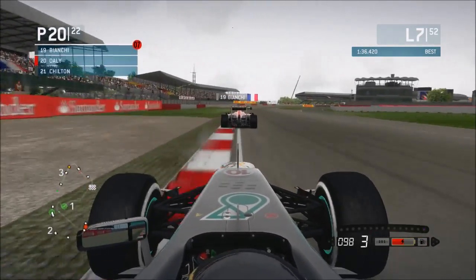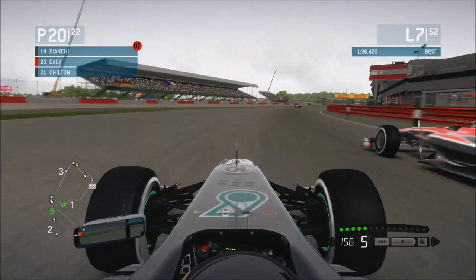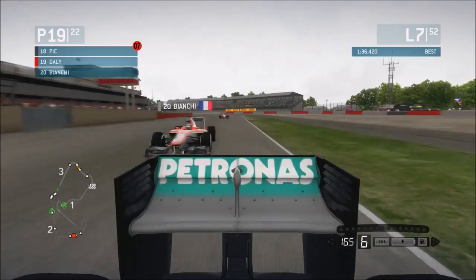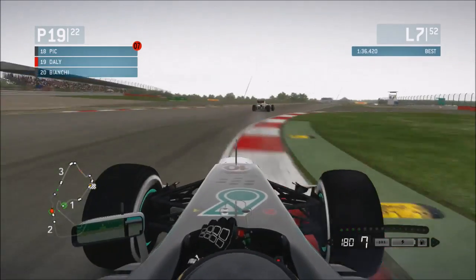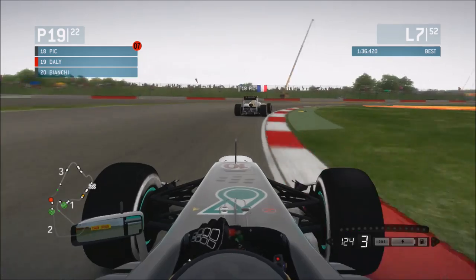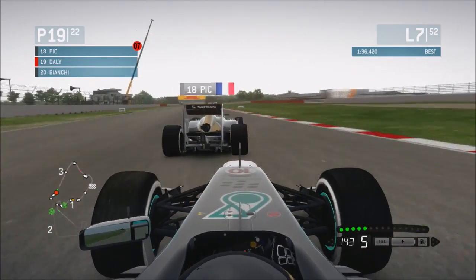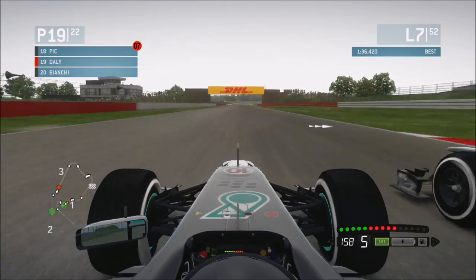So unfortunate, but as I said before, we've just got to push like crazy and save the tyres. It's going to be some task here at Silverstone, one of the toughest tracks on the calendar for tyre wear, and we'll just see where we end up at the end of the day. Now we've caught up to the back of Charles Pic a couple corners later, and we should snatch up P18,